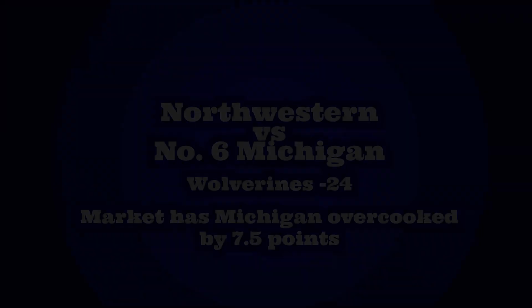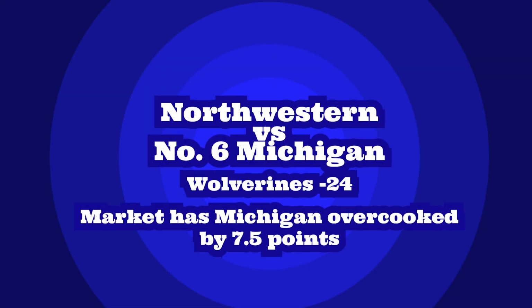Maryland, Minnesota, as I said, I didn't have anything come up for that. Northwestern versus number 6 Michigan. Northwestern was one of the picks on the college football show. And the metrics support it. And this is a play that I probably go to the window on, as well as that first half Penn State game. And you have a situation here where Michigan is favored by 24 points over Northwestern. They're ranked number 6. But the models are saying there's about 7.5 points of value here taking Northwestern.